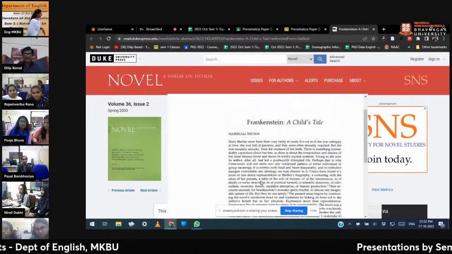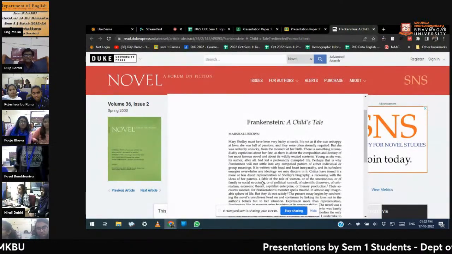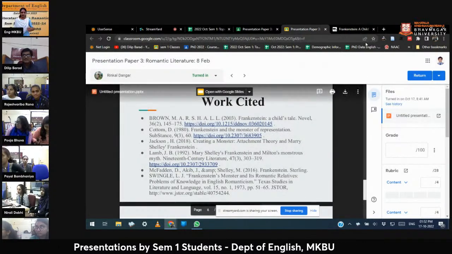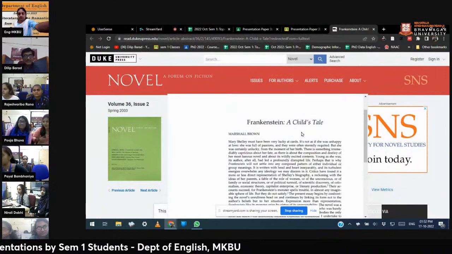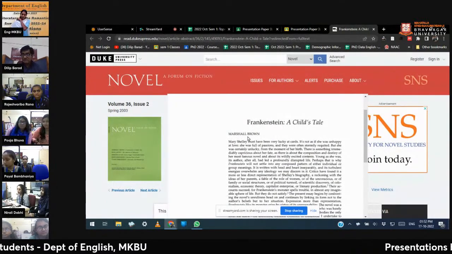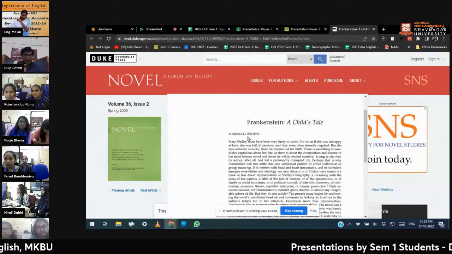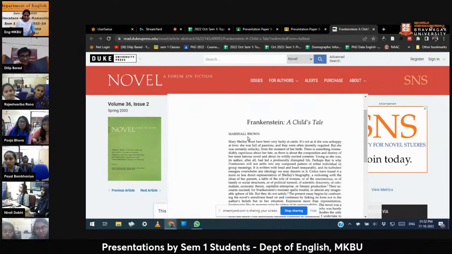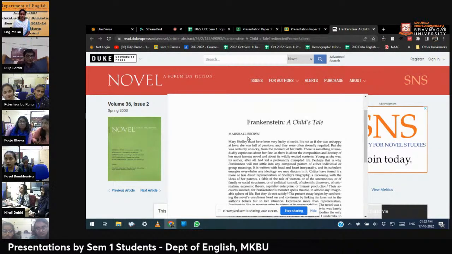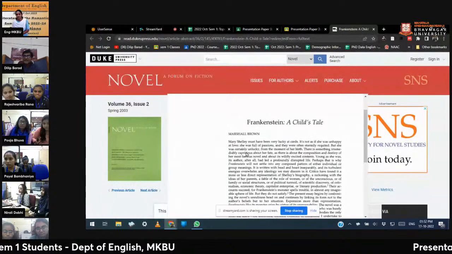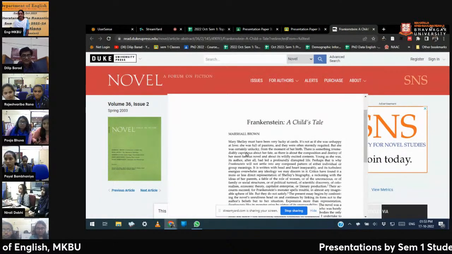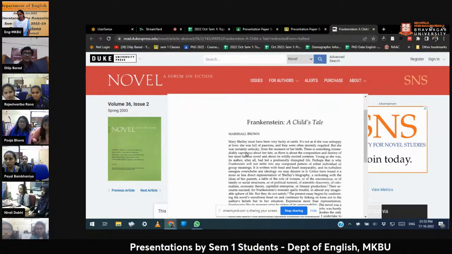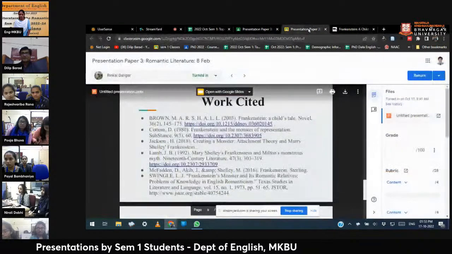This article, Frankenstein, A Child's Tale, that was cited, A Child's Tale. Now, see again, there is Marshall Brown without dot or without space. Dot and space, both are characters. Space also is a character. So one has to be very careful. Now, see the title, the way it is mentioned here: Frankenstein, colon, space, capital A, capital C, capital T in Child's Tale. Now, when it is taken here,